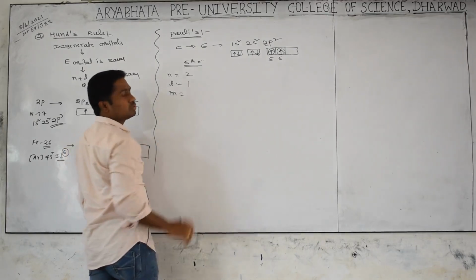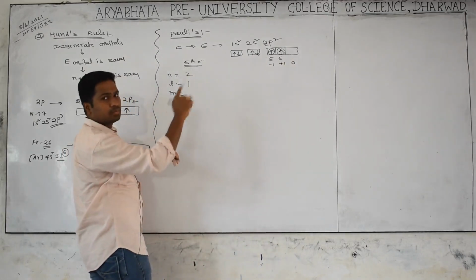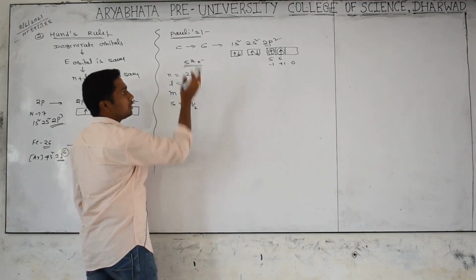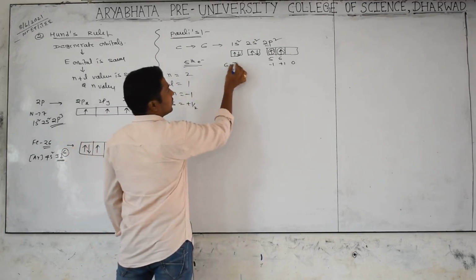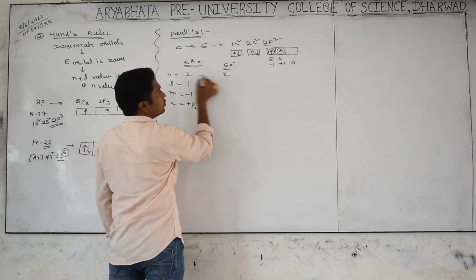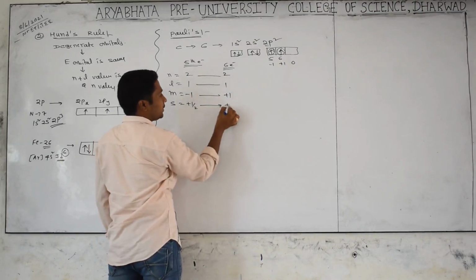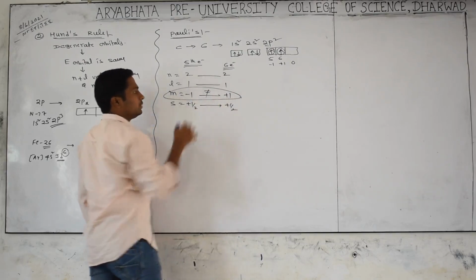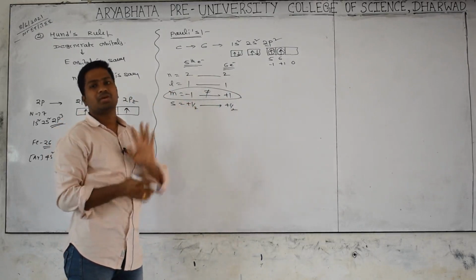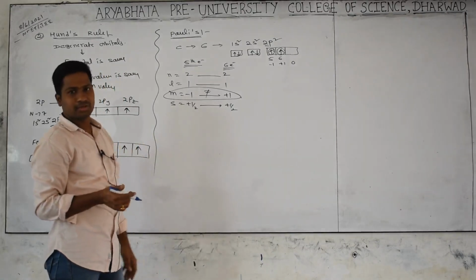The m value is either -1, +1 or 0. Either +1 or -1 is not a problem. For example, I am taking -1. Spin value is plus half because of the upward, clockwise direction. The 6th electron, same atom, another electron, is also present in the second shell, that's why n is equal to 2. The l value is also 1, but m is +1. Spin is plus half. Is it the same? Not equal. That is what it tells: in the same atom, any 2 electrons will never have the same set of 4 quantum numbers. Some variation will come in at least 1 quantum number. So this is the important information related to this.